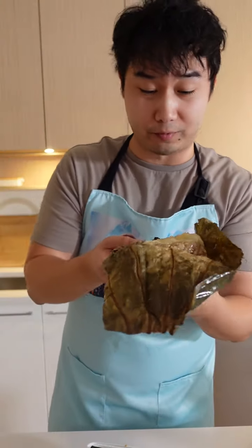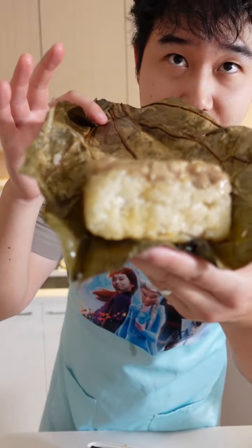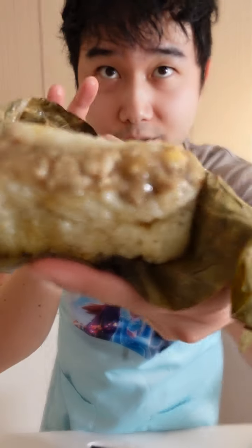Oh, the smell, the nostalgia. Such a lovely fragrance from the leaves. Oh my gosh. Sticky rice wrapped in this amazing leaf, steamed. There's lovely savory pieces of pork in there. And there's egg yolk in here as well, just look at that. Oh, before I explain too much,